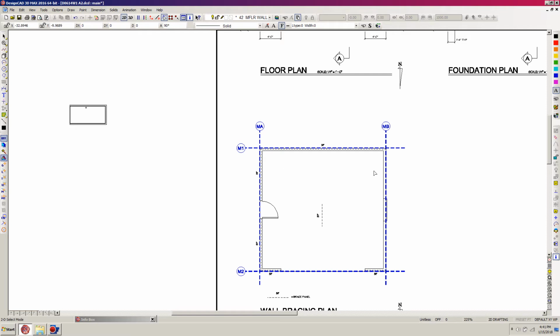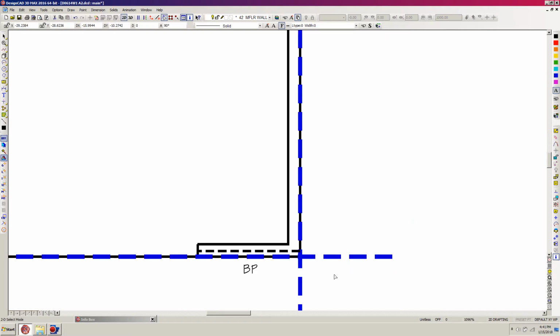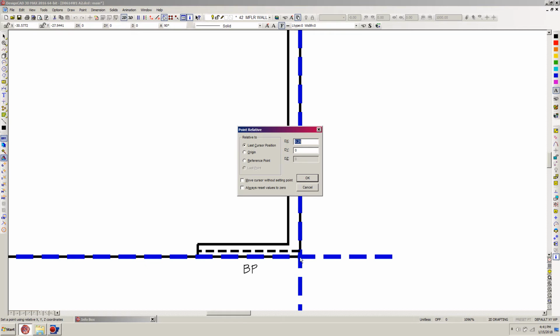So we're going to do the same thing on this other wall. One of the things that we need to do, though, is we're going to need to move the BP text to the outside of the wall, but we'll do that in a few. So I'm going to select this. I'm setting a handle at the end of the line, right-clicking at the end of the line and hitting my scroll button to initiate the command, hitting Z right here, and I'm going to this time use M to move it. M, go to the corner here, gravity move using the comma, and I'm going to come in just minus 2.5 inches,